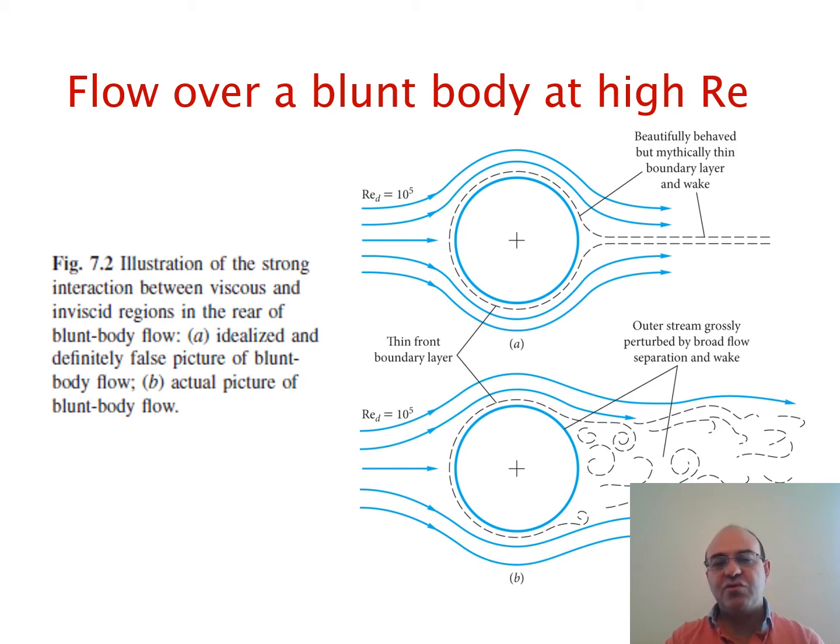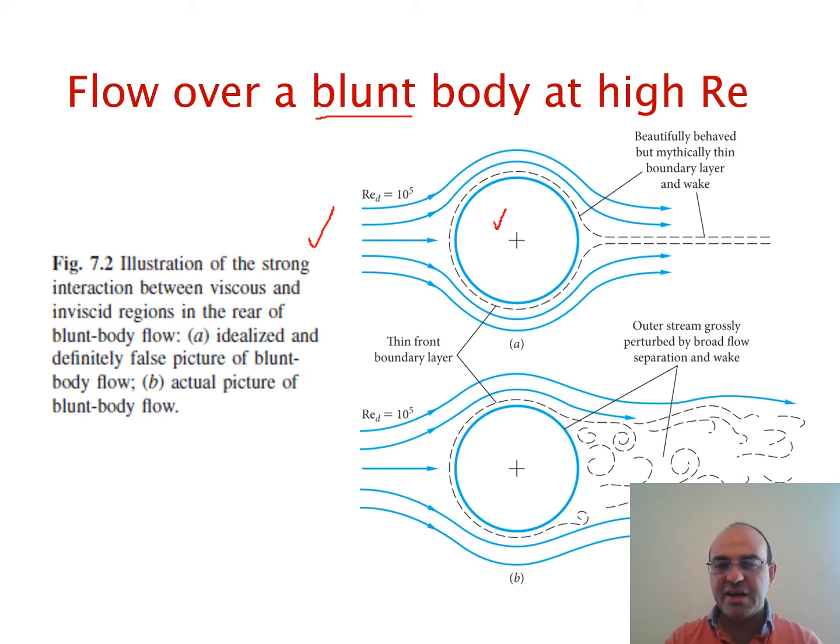So flat plate was one example. Another important example is flow over a blunt body. A blunt body, for instance, a sphere, which is a three-dimensional or an axisymmetric two-dimensional flow, and also a cylinder. This could be, for instance, the cross-sectional area of a cylinder or a sphere. If there is a flow, for instance, with a Reynolds number of 10 to the 5, you may want to imagine the shape of the streamlines, how the flow passes over this cylinder or a sphere. You may envision it as what you see here in the top figure,